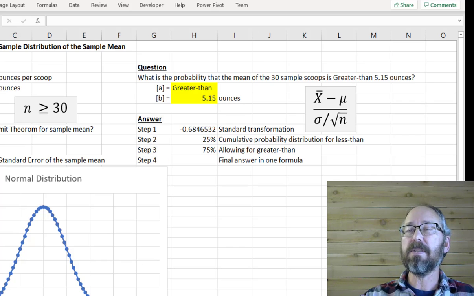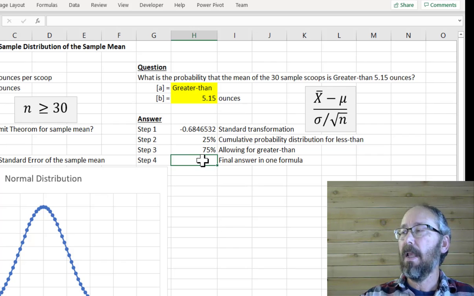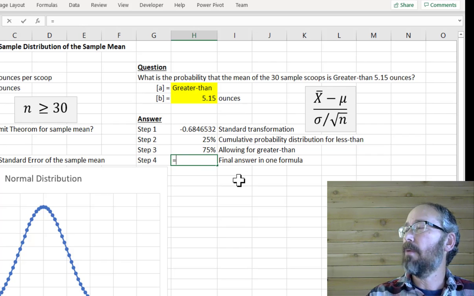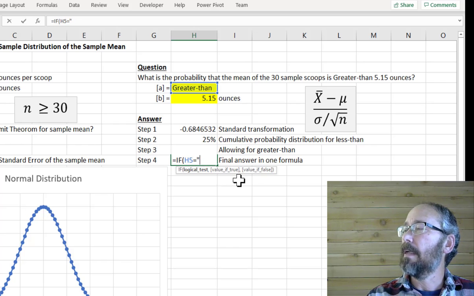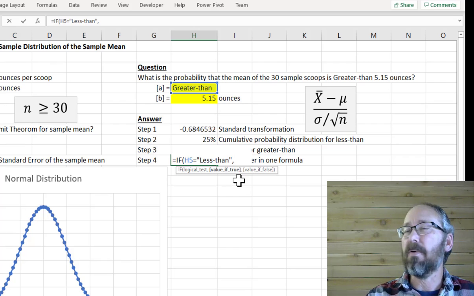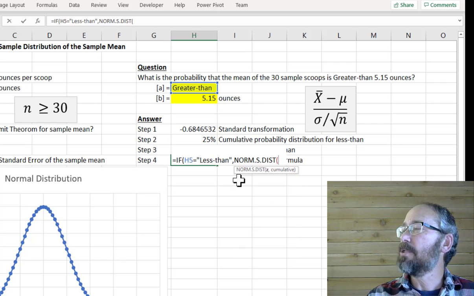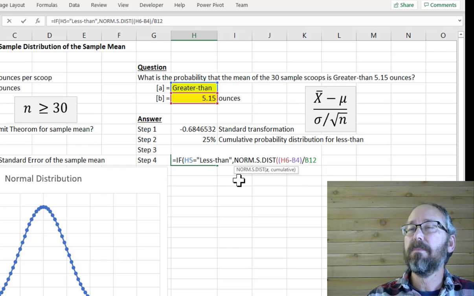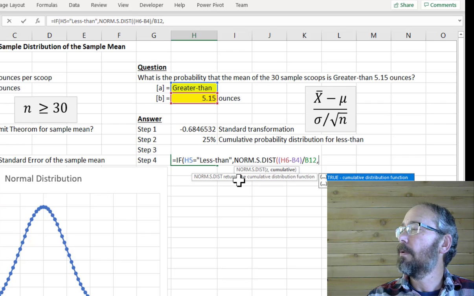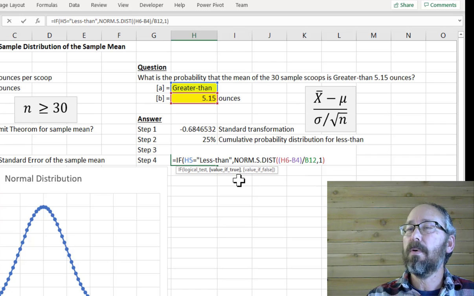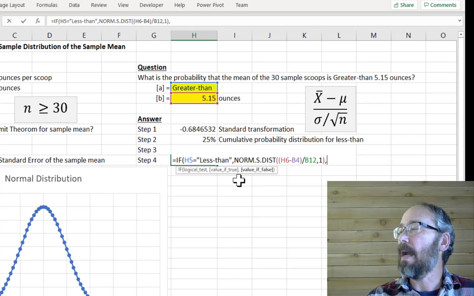Now, what we're going to do here is simply put the answer in one formula. We've built it, but we'll put it in one formula here. So we're going to start with an IF. We're going to say if H5 equals "less than", and I have to get the text exactly correct, which is a bit risky here. Then if the value is true, I'm going to use my NORM.S.DIST and do that calculation, so that's the H6 minus the B4, all of that divided by my B12, and I want cumulative. Okay? So if it's false, meaning that it's greater than, I'm simply going to do 1 minus